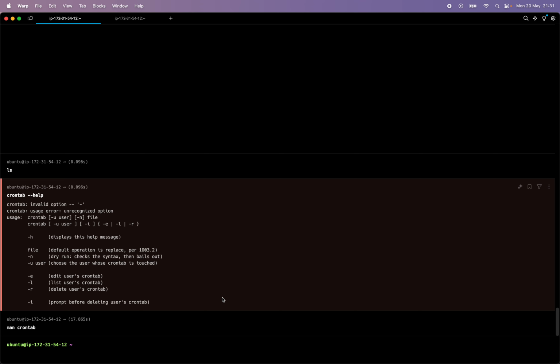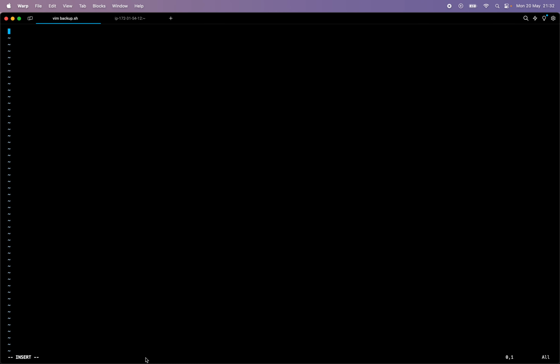Now let's create a simple example of how to schedule a backup script. First, we'll create the script. Let's call the script backup.sh and right at the top, make it a bash script, and we could use a simple example of just an echo statement echoing backup plus the date into the file